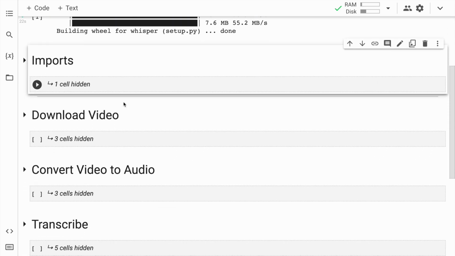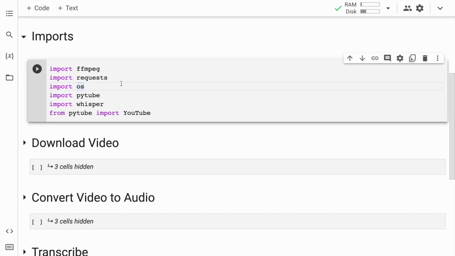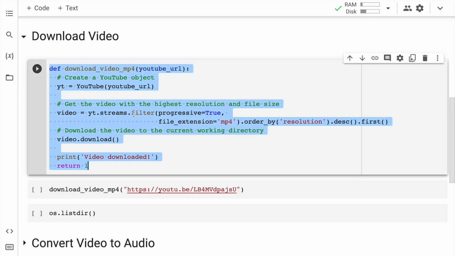Now that the installation is done, I'll quickly go to the import section of the code. Here is where I'll import all the necessary modules. So let me quickly run this cell. The imports are done. Now in order to generate text from your YouTube video, you first have to download the